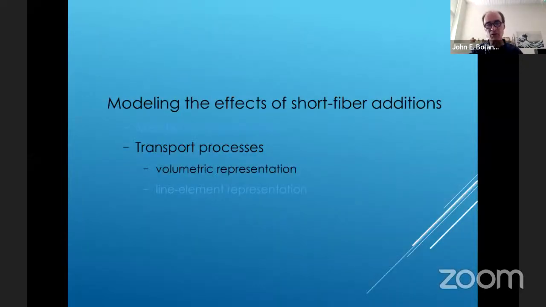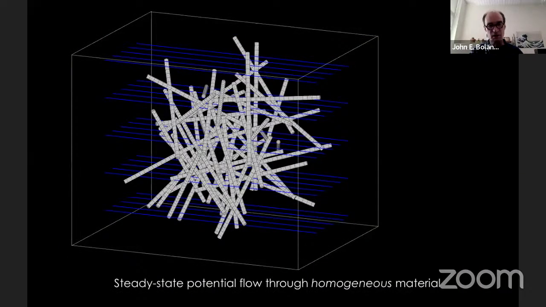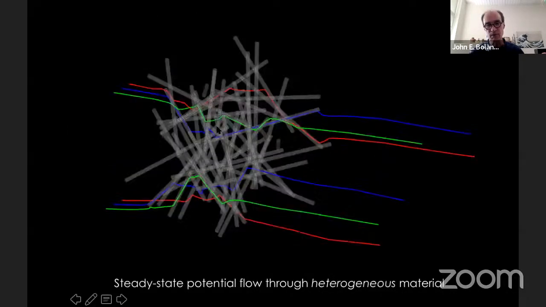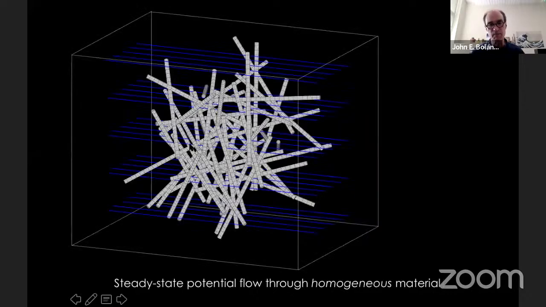So this is for mechanical behavior of reinforcing components. Some of our recent research, we've been looking at how reinforcing components act to modify transport processes. And we'll begin by treating each fiber as a volumetric entity. So each fiber is modeled as a volume. And if the fibers have the same material as the background mesh, you can run potential flow through the model and there's no bias produced by the mesh.